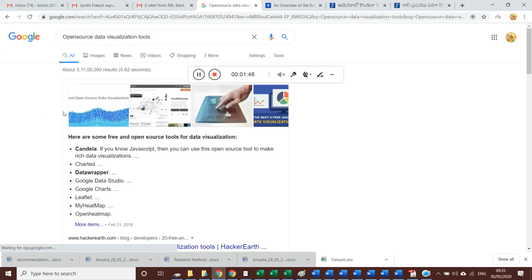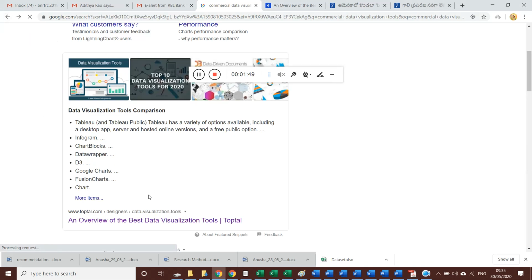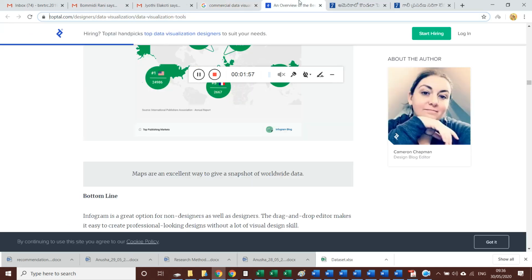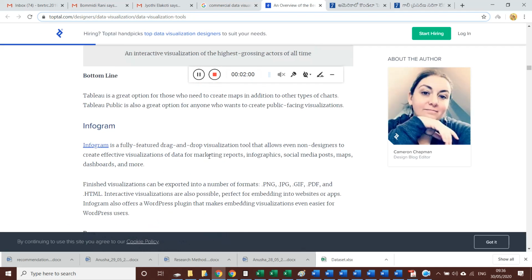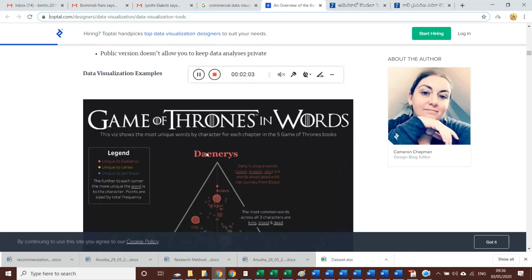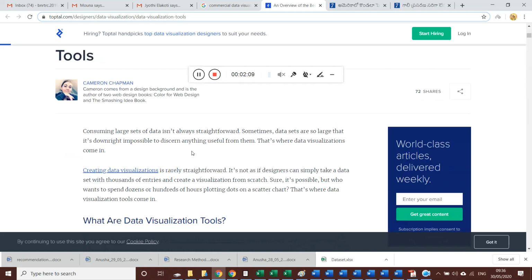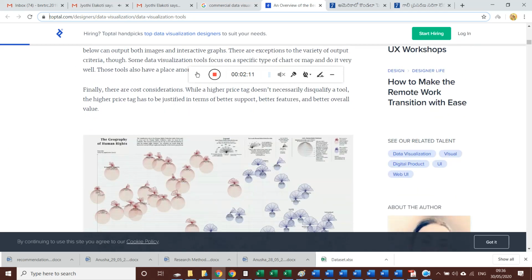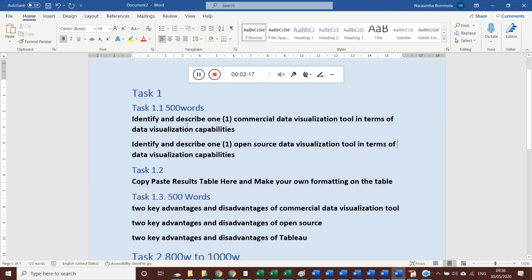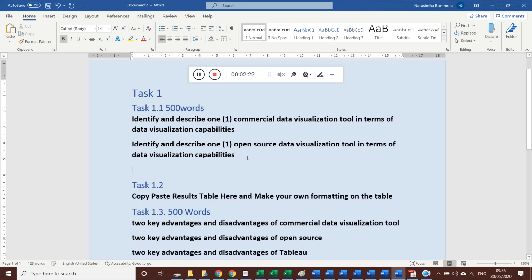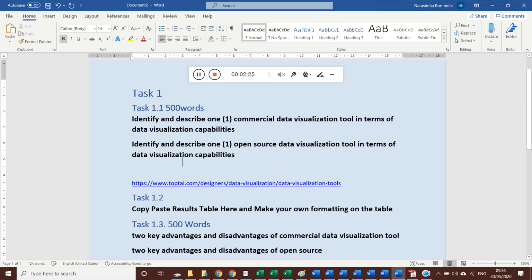Okay, so to make analysis, what I did is I have selected one particular URL link. This one contains a lot of information about each and every data visualization tool, how much it costs us, and what are the important features related to those tools. All such information is mentioned in this URL link. I will be sharing it with you through the document that I am explaining.